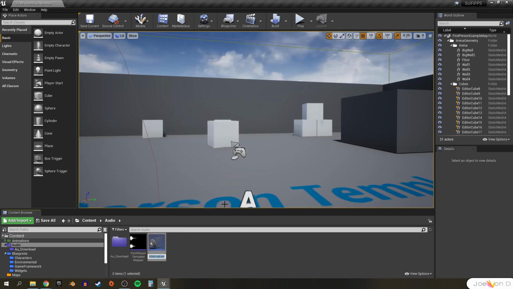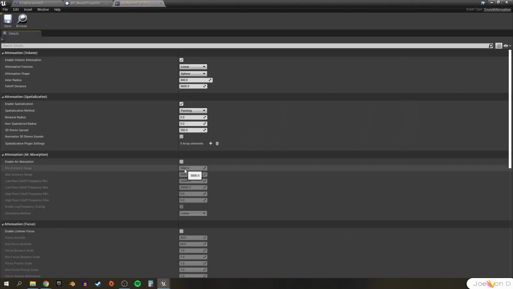We can give it a simple name like Sound Attenuation _ Natural Falloff. If we open up the Sound Attenuation, we'll be able to see all of the values and properties that we can change. We'll keep it simple though with a linear attenuation function, which means that it will evenly drop the volume as you get further and further away until you're out of range. But I think I'll change the fall off distance to something just a little bit shorter, that way I don't hear everything from super far away.